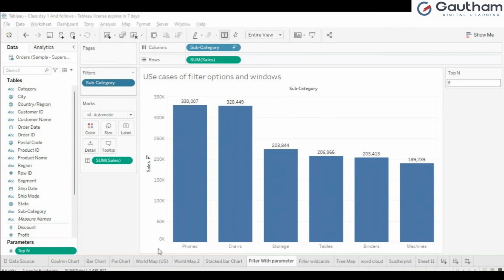Okay, apply. See here, phones, S is there, chairs, S is there, storage, S is there, tables, S is there, binders, S is there, machines, S is there. Okay, this top N will not work over here. If you can see, top 6 are there, but here